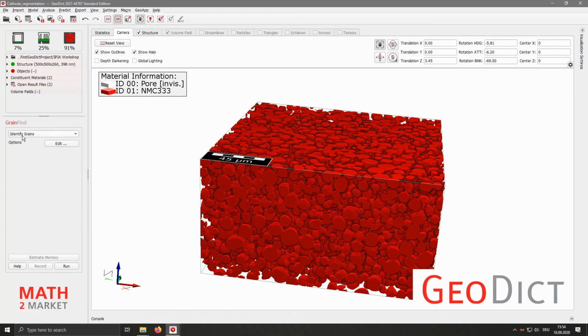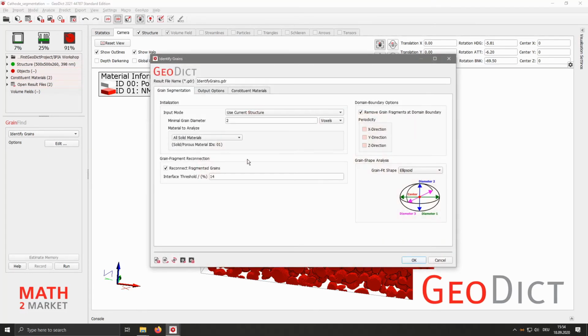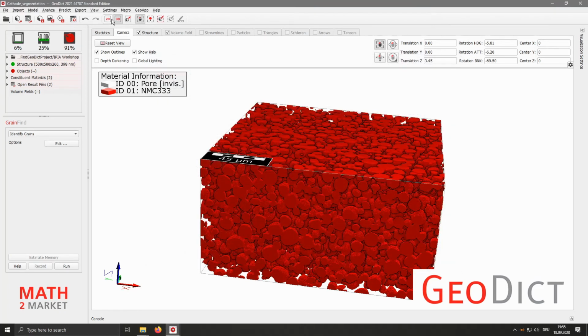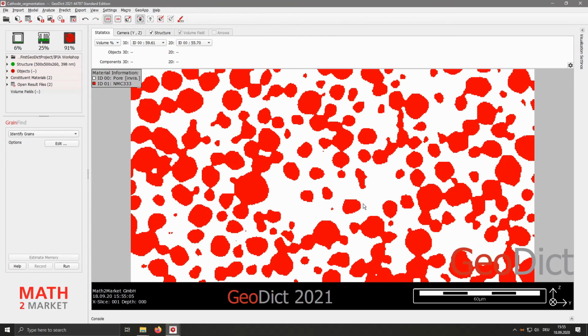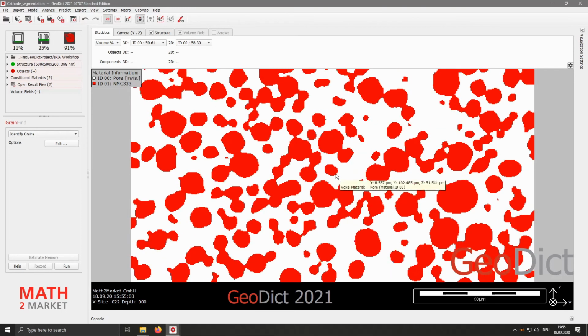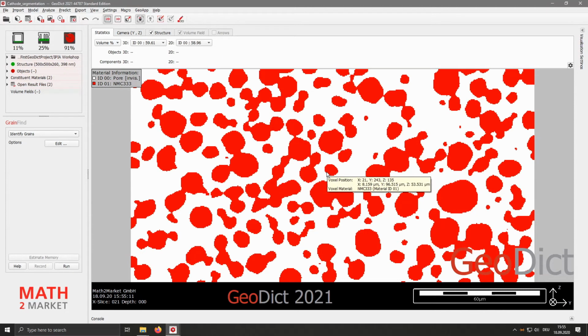To run this analysis, we go into Crane Find, select Identify Cranes, click on the Edit button for the options, and we can see the options we have in here. So now, first of all, there's a minimal crane diameter that can be entered, and we will want to increase this value. I will show you how you get to this value. So close this dialog again, go into the 2D view. Now search for a small crane. For example, this one right here in the middle. And if you now hold the shift button, click and hold your left mouse button and move it around here, you can get this measurement tool.